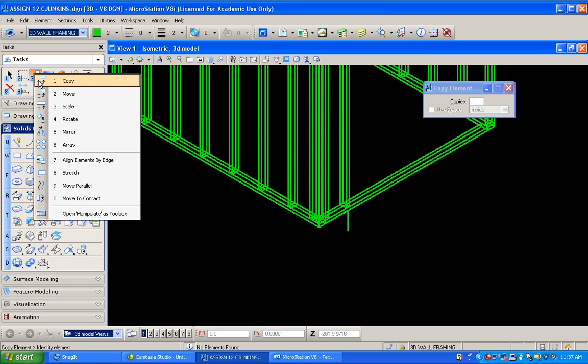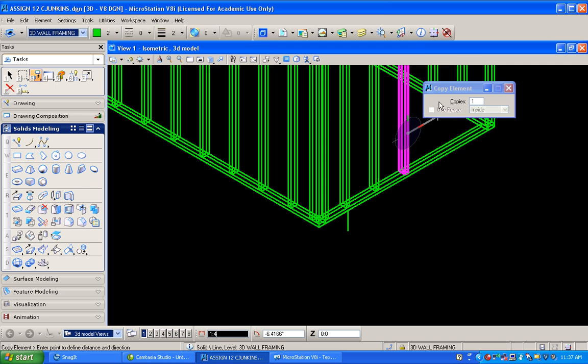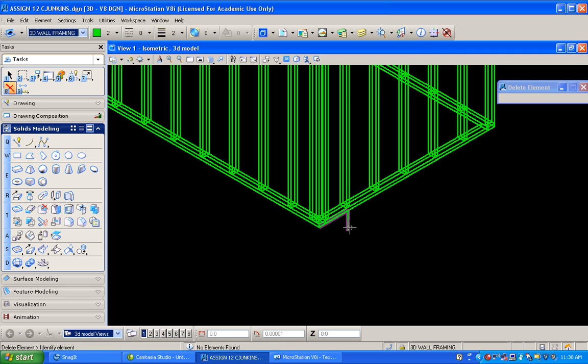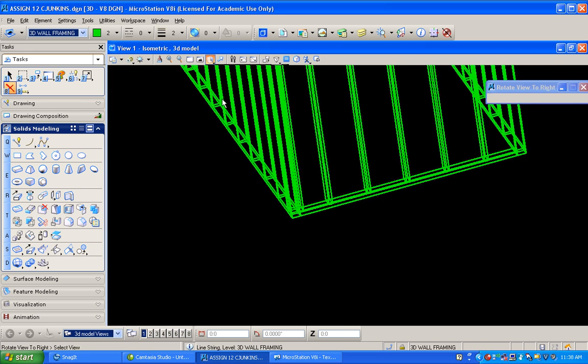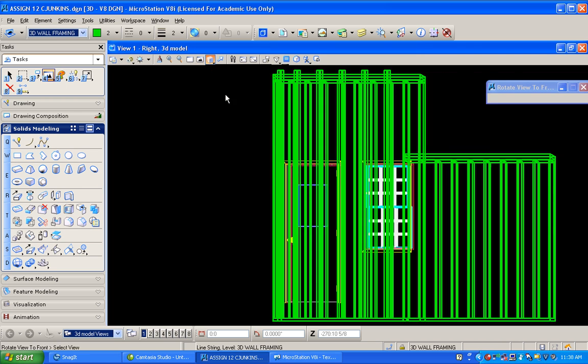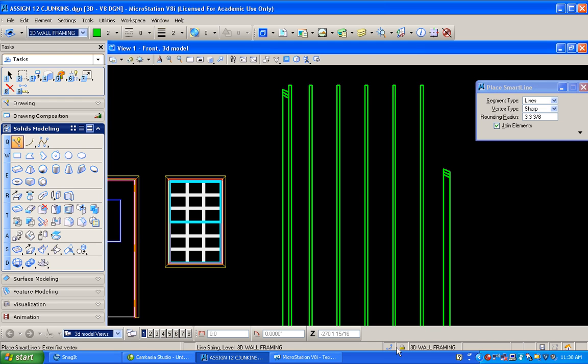Then we just copy this down colon 16, and we're building a building that you can't really get into, so colon 16 should be enough. We'll roll this around to a right side view, do a fit view. Oops, excuse me, front view, I keep messing it up because I'm thinking I'm looking at the side. Now you can see what we end up with is a line ability to be able to cut these studs